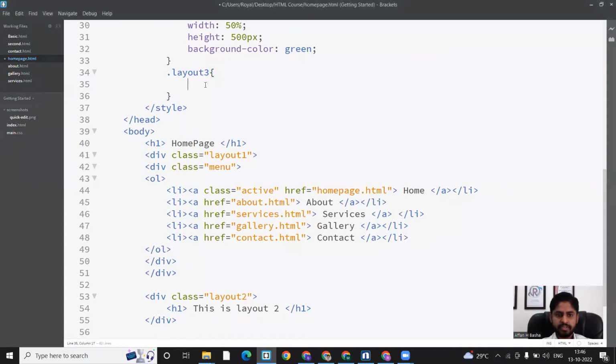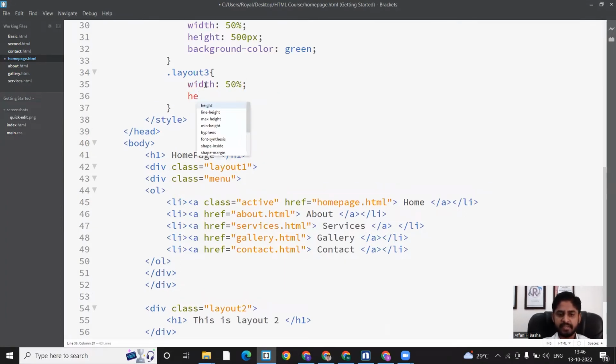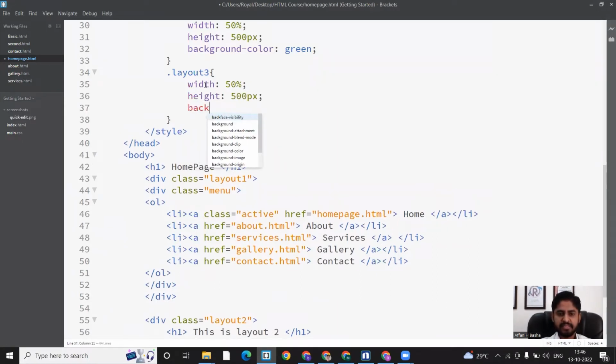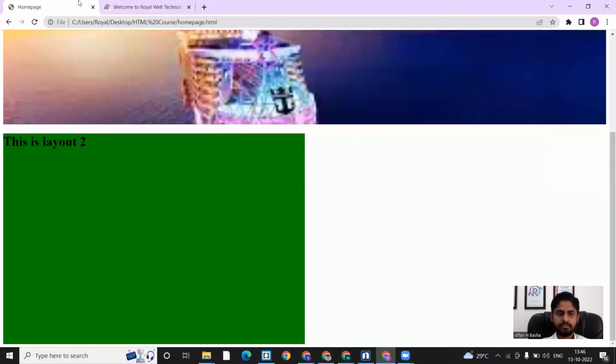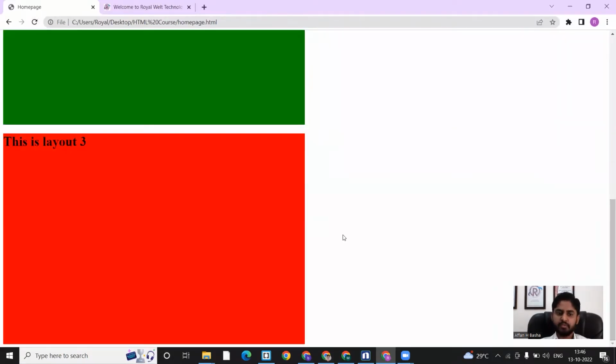Yes, for layout 3, let us give the width here. Width I give 50%. Fine. I give the height as 500 pixel. Background color I take somewhat like red. Okay, let us check the output. Yes, we got one more block with width 50% and height 500 pixel, but we got lower to layout